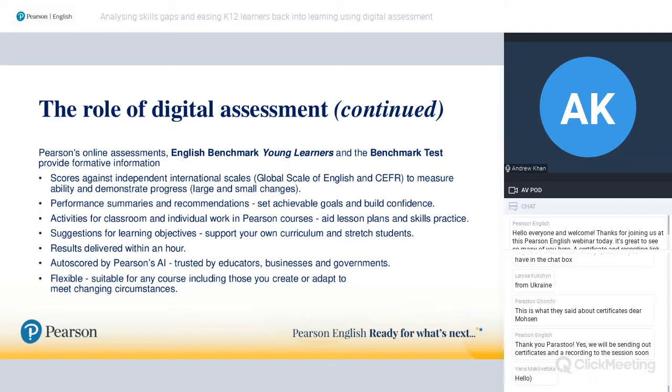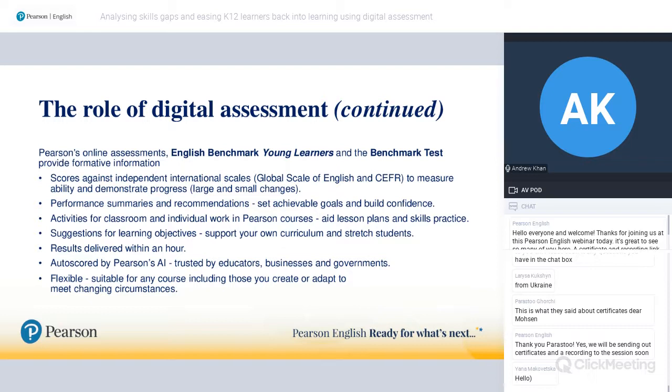So if you're sitting there at the end of 2 years of study thinking, well, I was B1 when I started, I'm B1 now, you might be thinking, well, why did I bother? Why am I paying my teacher for this? With Benchmark, you can track the progress within that band. You can see that you've gone from a low B1 to a high B1. You're almost ready for B2. And that really does give you a sense of forward momentum.